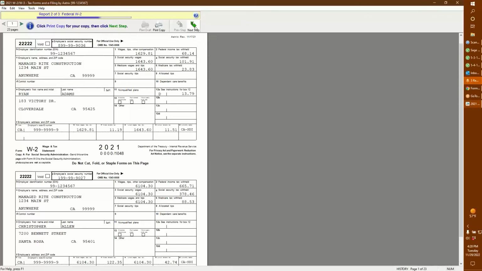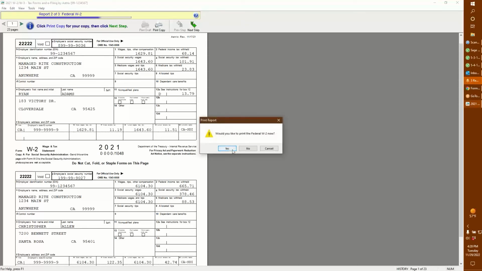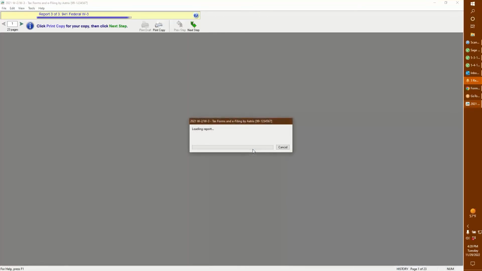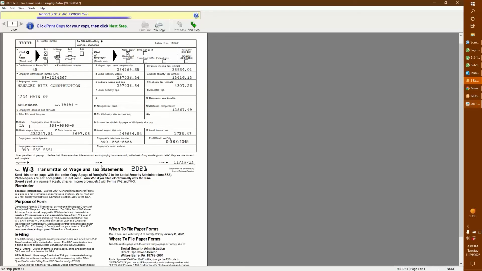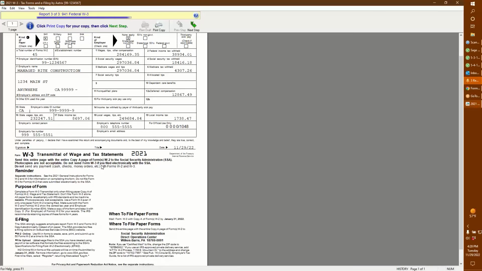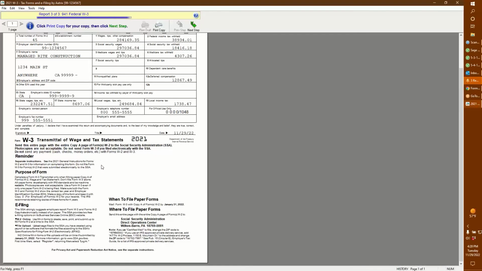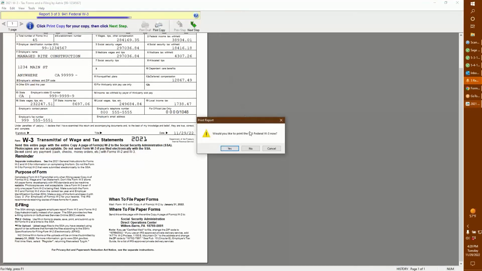Let's assume everything's okay. We hit the next step. I just said no to that because I want to get on to the W-3. This is a summation of everything that you printed on the individual forms. Again, you can print that, keep that if you like. Again, I'm going to say no.